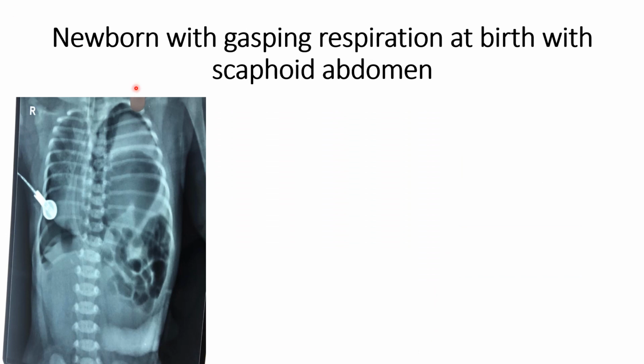Now I am showing you some of the characteristic X-rays of the diaphragmatic defect. Whenever a newborn at the time of birth is having respiratory distress with a scaphoid abdomen and also shock and pallor, you have to suspect that it may be because of congenital diaphragmatic hernia. So in this X-ray, you can see the characteristic findings: these are the bowel loops, stomach and intestine which are herniated into the chest.